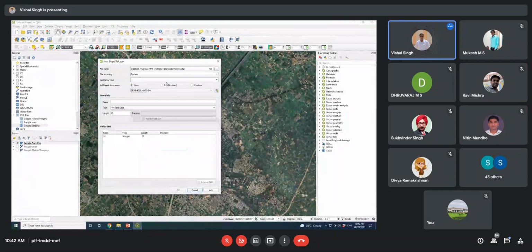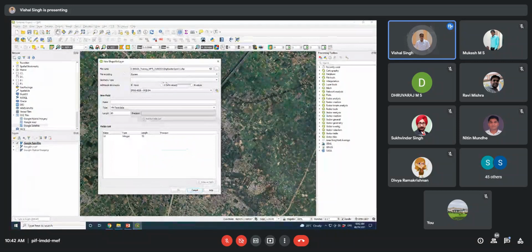Yesterday I told you that if you want to create any layer, you should first understand the basic projection system. Yesterday we first georeferenced our map in the geographic coordinate system, and after that we converted the geographic to a projected coordinate system.